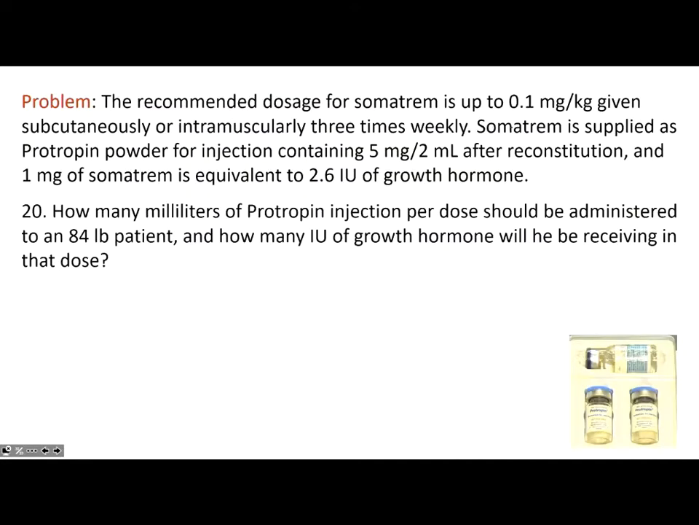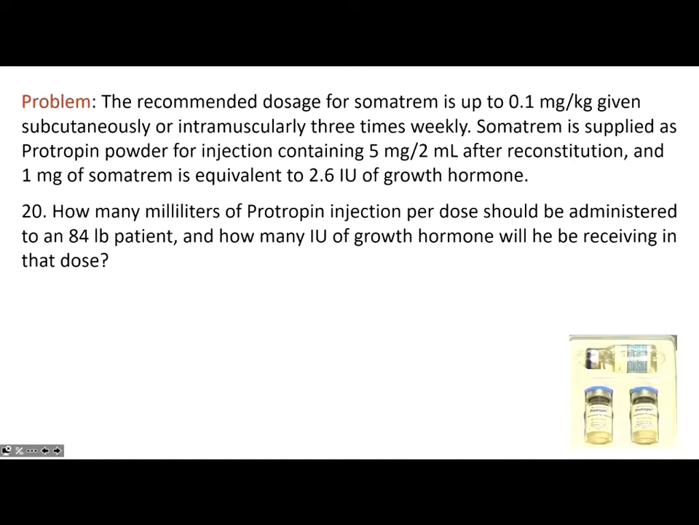Okay, we only have 2 left here. We'll get them done, I think. So the recommended dose, this is just a concentration one. It says the recommended dosage for Somatrem, which is a variation of growth hormone, is the normal dose of 0.1 milligrams per kilogram, given either subcutaneously or intramuscularly, which you could do either of those, right? Yay, congratulations. 3 times a week. Somatrem is supplied as Protropin brand name, concentration of 5 milligrams per 2 mils